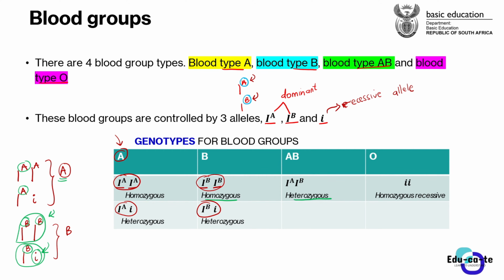One is homozygous, meaning that we've got the same type of allele, dominant, and another one is heterozygous. We've got a dominant and a recessive allele. Then for blood type AB, we've got a mixture. For AB, we have got this allele with a capital letter A on top, and this allele with a capital letter B on top. This is certainly heterozygous in a sense, because here you have got A and you've got B. Both of them are actually dominant.